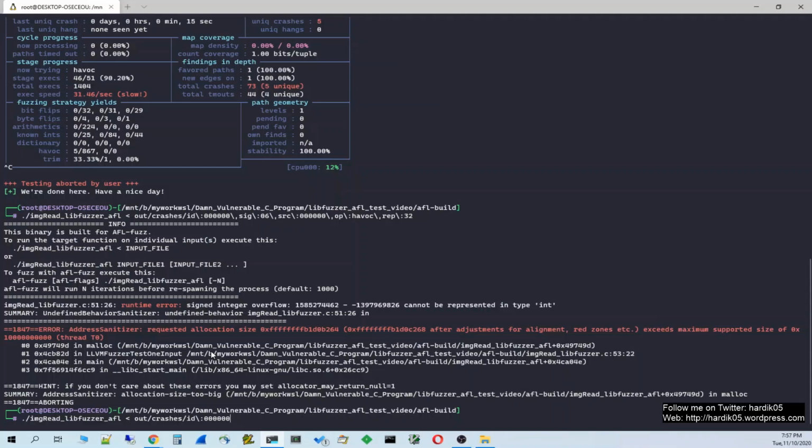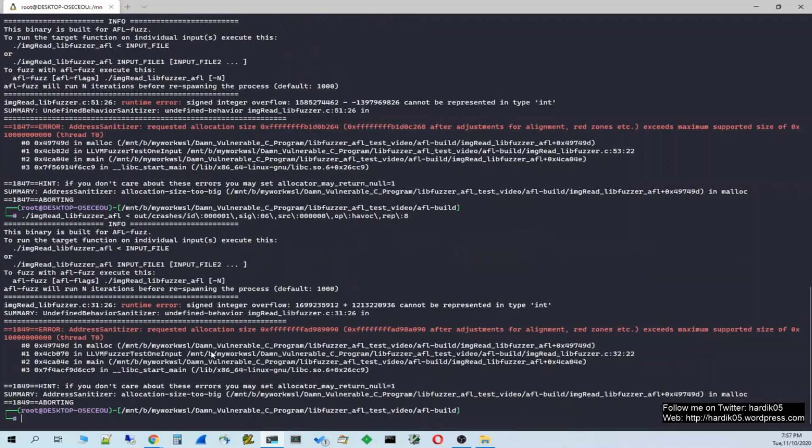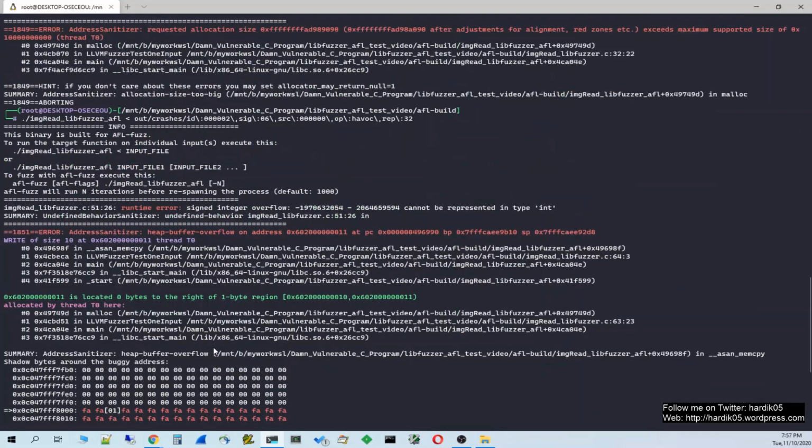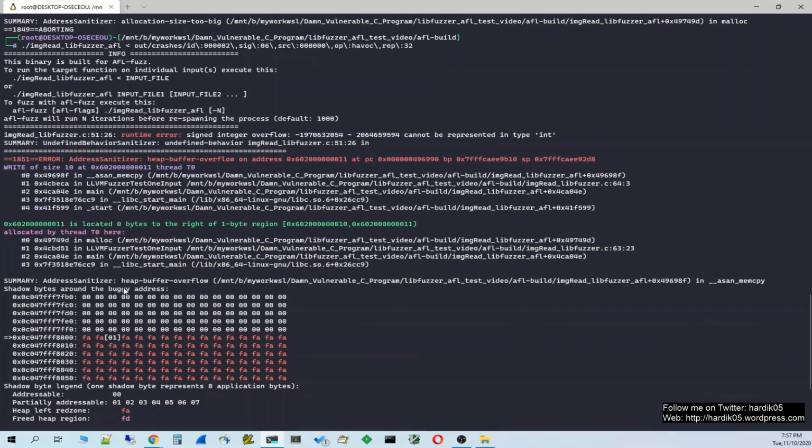So let's try the second input over here, one. It is again the same. So let's see if we get any heap overflow, etc. Yeah. So as you can see, for the third input, we got a heap buffer overflow over here, and it is at line somewhere around 63 over here.